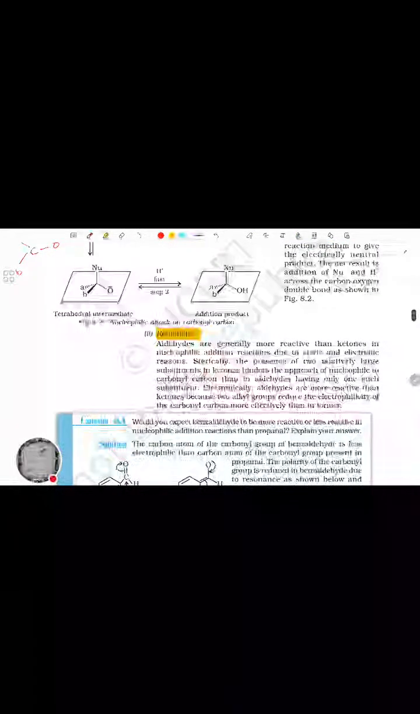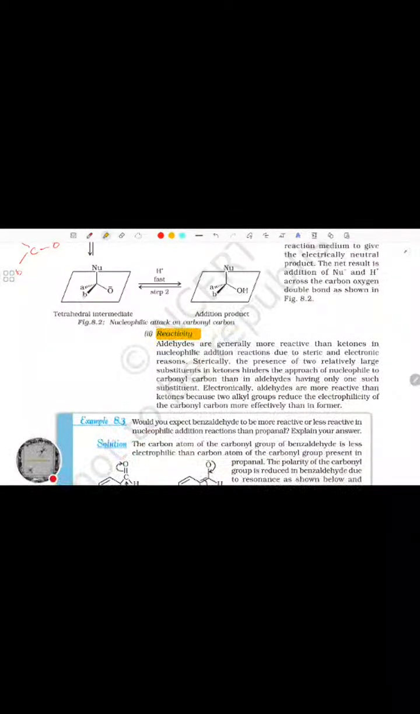Carbon oxygen double bond. Okay, so reactivity. Aldehydes are generally more reactive than ketones in nucleophilic addition reactions due to the fact that there is steric hindrance in ketones. So we will say that the reactivity of aldehyde